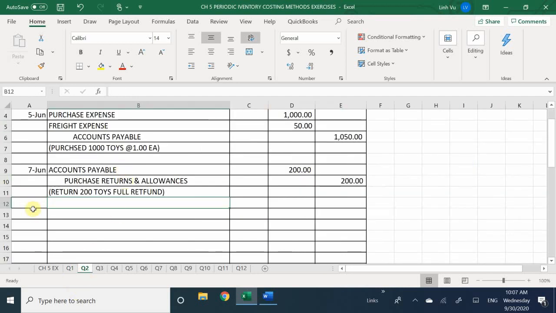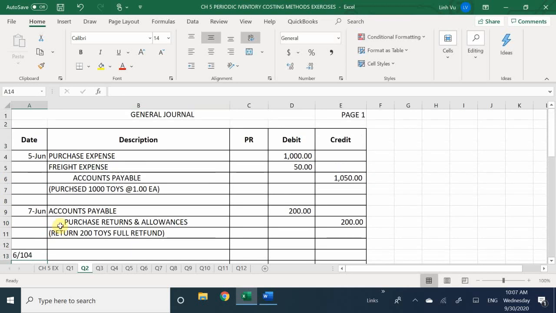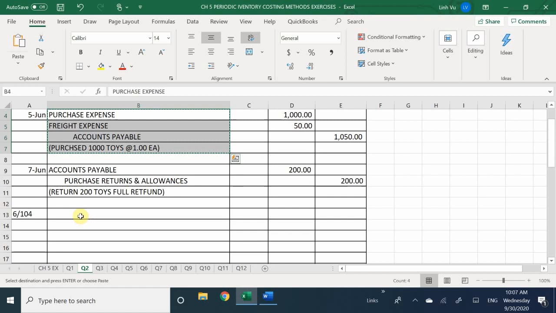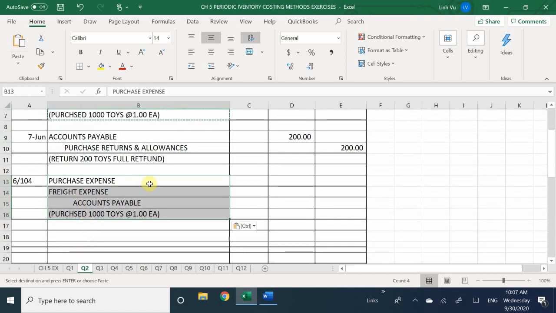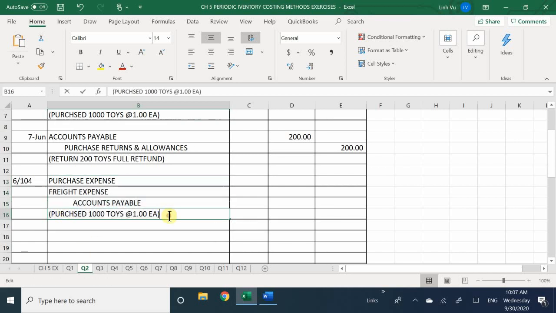I know that on June 10th, I made a purchase of 850 toys. So I'm going to go ahead and copy this journal right here, because I know that this is exactly what my journal should look like. It should be a purchase expense, a freight expense, all on account for the total of my amount here. I'm going to go ahead and edit my piece of information here, right? Because we only bought 850 toys, and it cost me